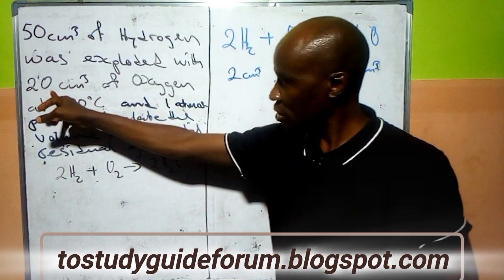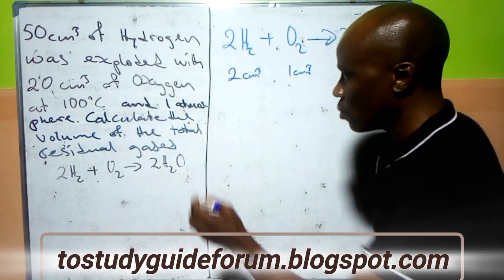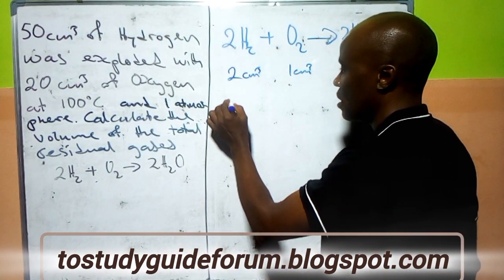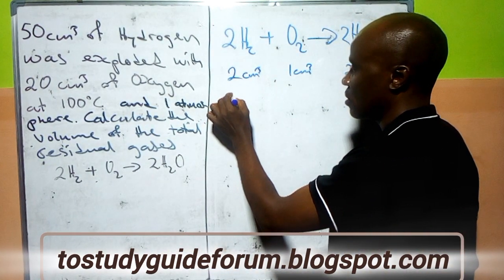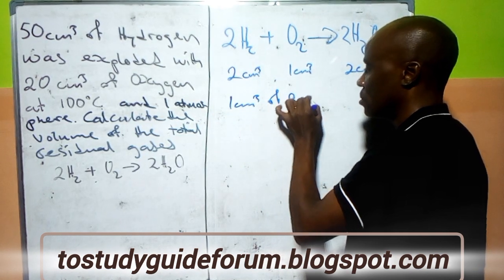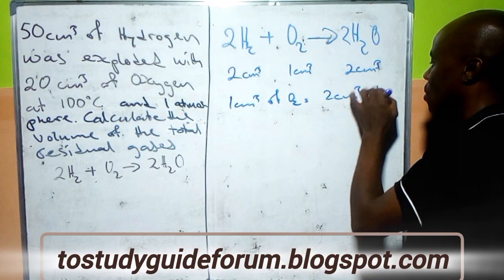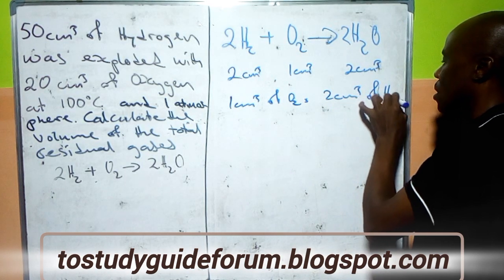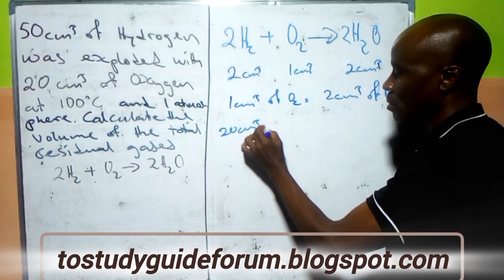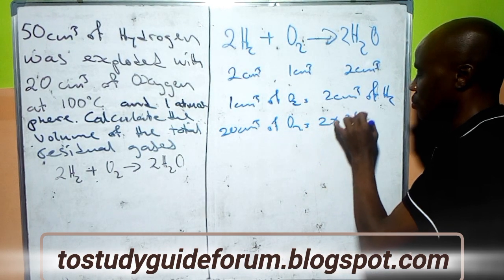Because if you look at this oxygen, if oxygen will combine, let's find out what this oxygen will produce. If the total of this one will be consumed in this reaction, from this balanced equation, we know that 1 cm cube of oxygen will react with 2 cm cube of hydrogen. Then if we have 20 cm cube of oxygen, it will give us 2 times 20,